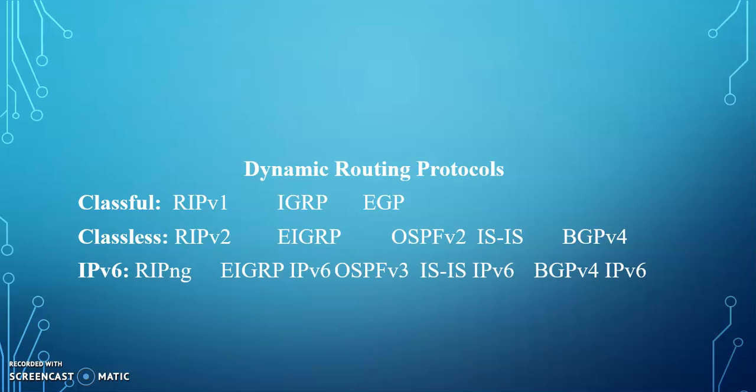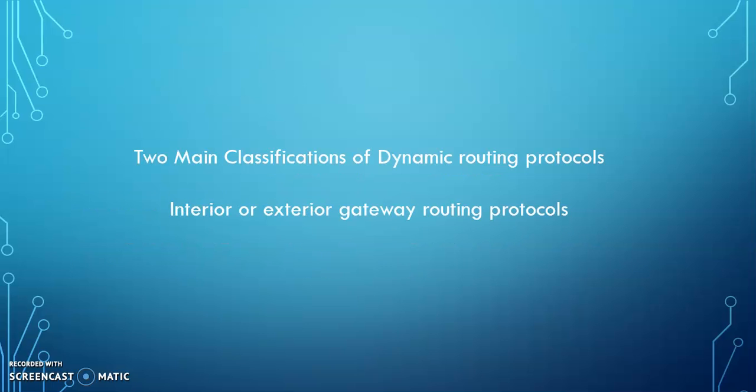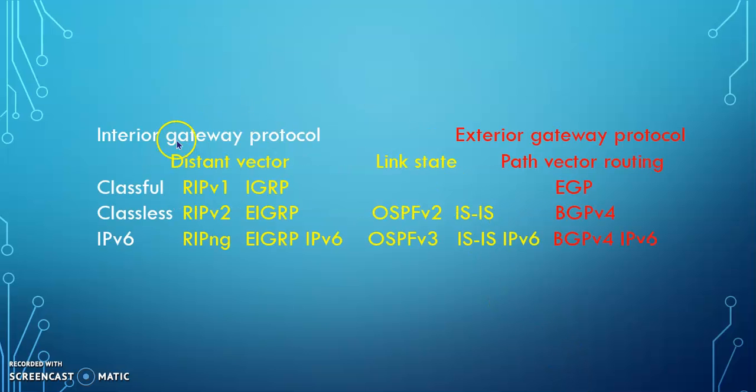Here's a list of the dynamic routing protocols: the classful, the classless, and the IPv6 versions. There are two main classifications of dynamic routing protocols: interior or exterior gateway routing protocols. On the left-hand side here are your interior gateway protocols. Here on the right are the exterior gateway protocols. These are distance vector, these are link state, and these are path vector. And these are really just the methods that these protocols use to create routing tables to find neighboring routers and